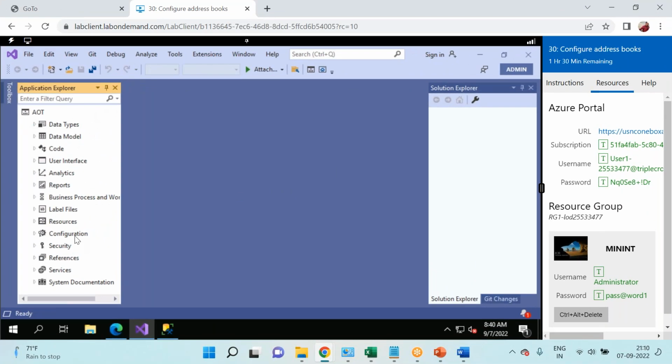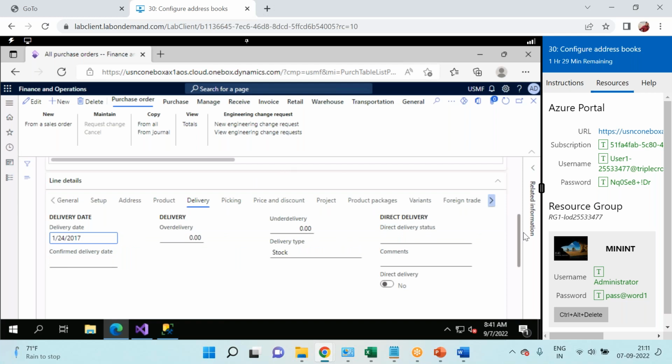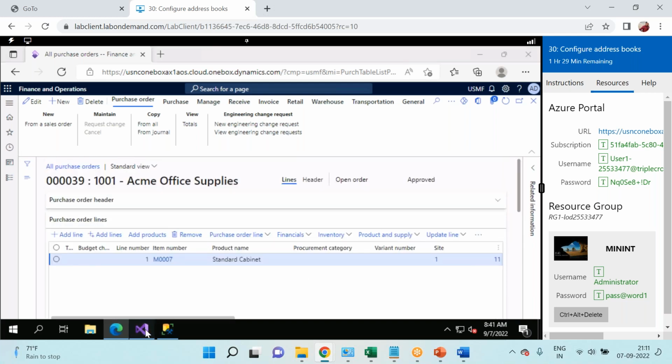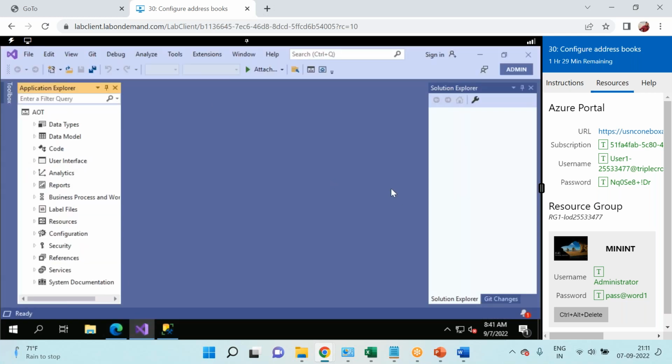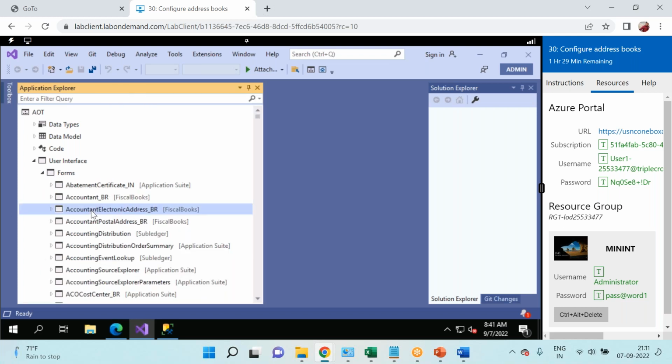And here I can see all the objects listed, and this is the place where you can find each one of those objects. So this is a form, right? I told you this is what we call a form. If you right click, you will understand the form name is called PurchTable, correct? And once you know this, you can go to the application object space, and here you can find the user interface and find the form which is called PurchTable. Let's find that,